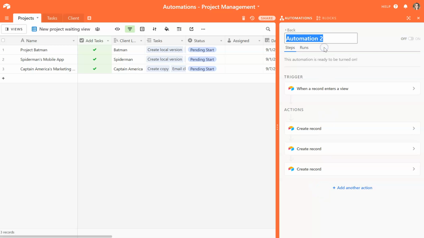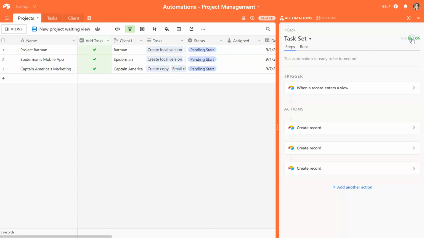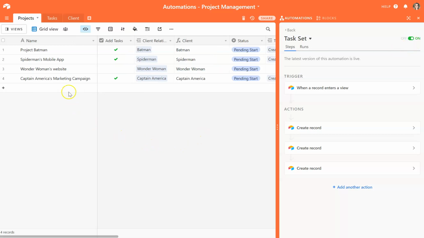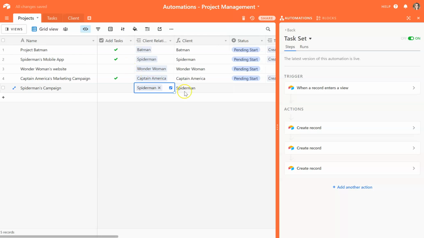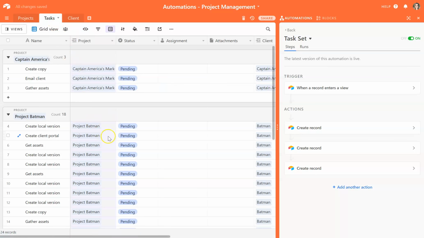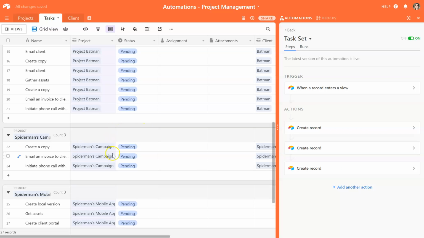Now we need to rename our automation and turn it on. Now we're going to add a new project. Now we're going to click Add Tasks and see that it's going to automatically add our set of tasks in